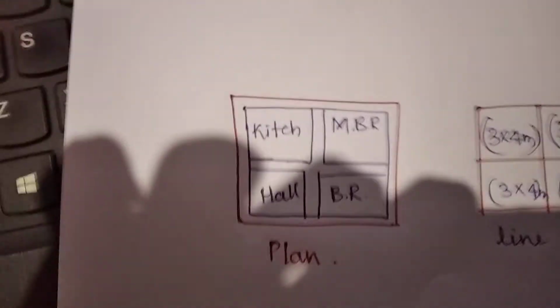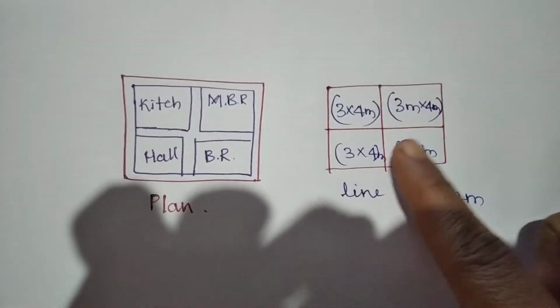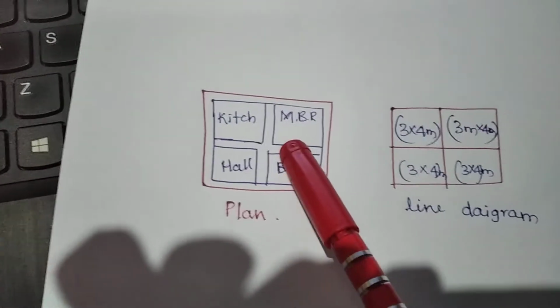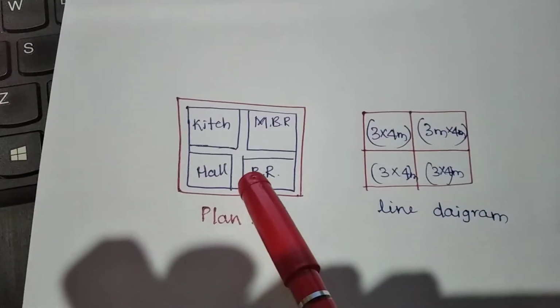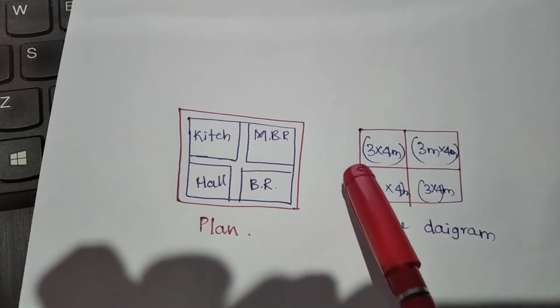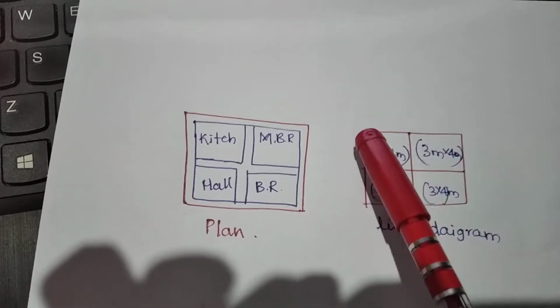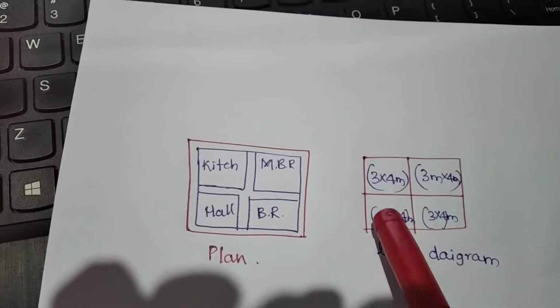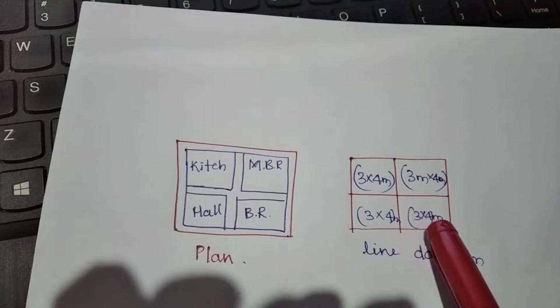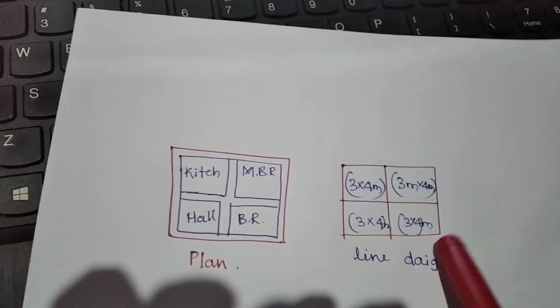Okay, so what I will do, see here, this is a plan and this is a line diagram. Always in STAAD Pro it indicates the line diagram, so I converted into line diagram. So see here, this A point, B point, C point, D point, E point, F point, G point, H point, I point. So A point is 0 0 coordinates, B is 0 3 meter, C is 0 7 meter. From here to here I am counting. See here, this line diagram, how it will indicate it.